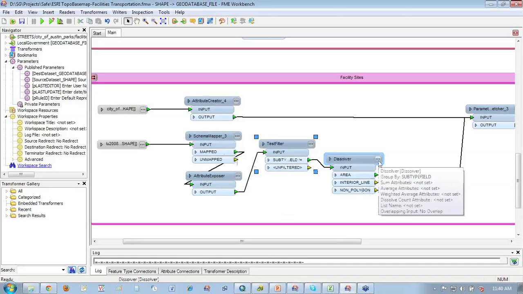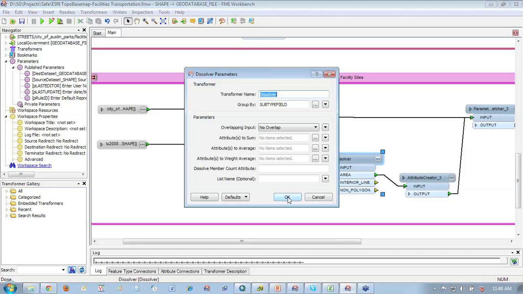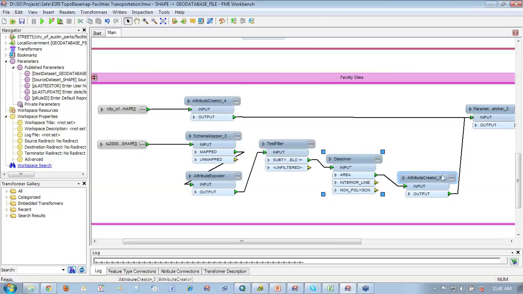Then I'm going to take all of those things like schools or educational facilities and medical and all those other categories and dissolve those polygons, grouping them by the subtype field. If they were adjacent, I had one place where there was a marina that was made up of 3 or 4 marina parcels that all had land use on them. I wanted to represent that as one polygon. This dissolver will take those 4 things and put them together into that one polygon.